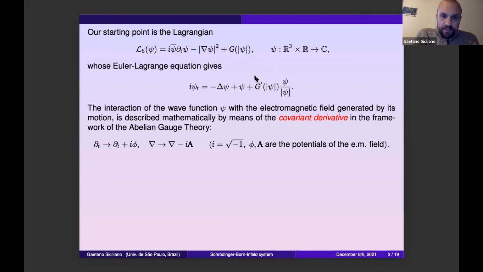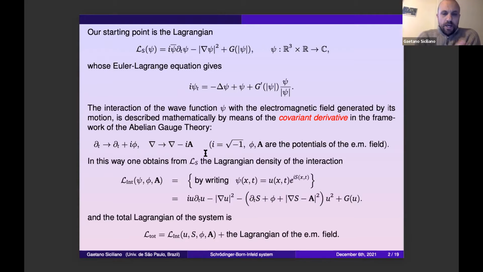This is done in mathematics by means of a theory, the Abelian gauge theory, where one introduces some covariant derivative and makes some tricks, and by tricks I mean you have to substitute some operator with another. You see here the partial derivative replaced with an operator which involves also the gauge potentials phi and A of the electromagnetic field. At the end, you obtain a Lagrangian, the so-called Lagrangian of the interaction, in some sense, which can be